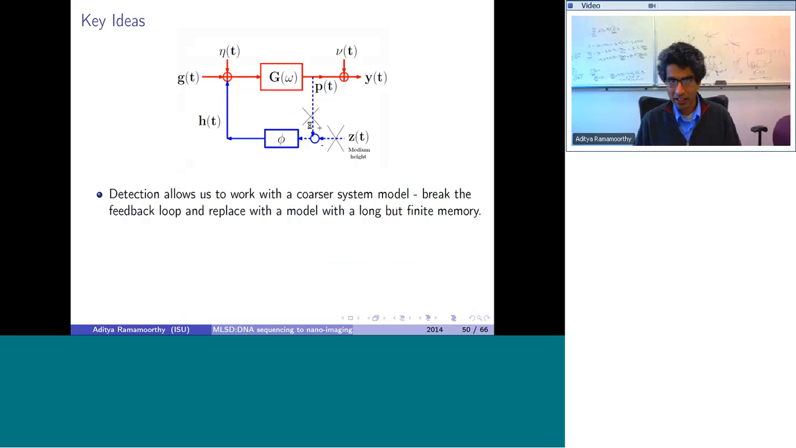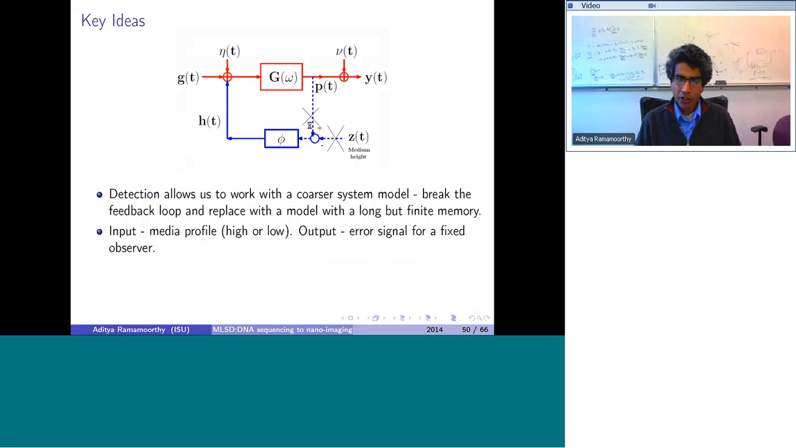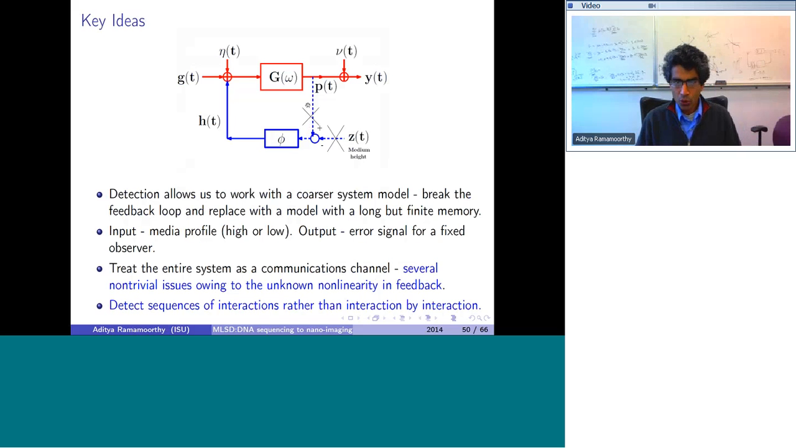But the idea once again is one of using sequence detection. You think about breaking this feedback loop, and you replace this entire channel by a system that has longer memory but finite memory. You think about detecting sequences of interactions rather than interaction by interaction. And so here there